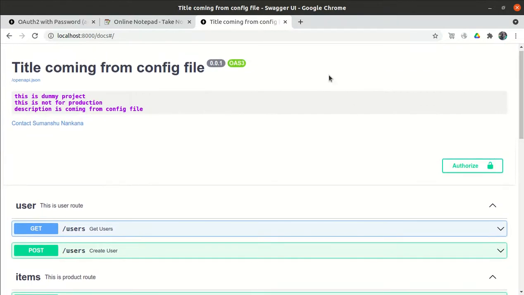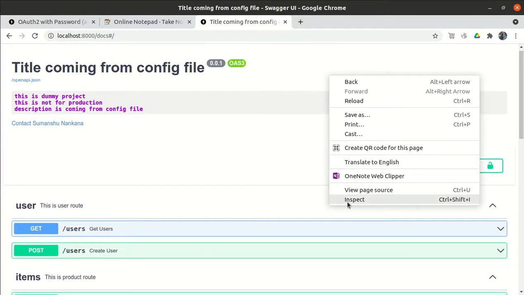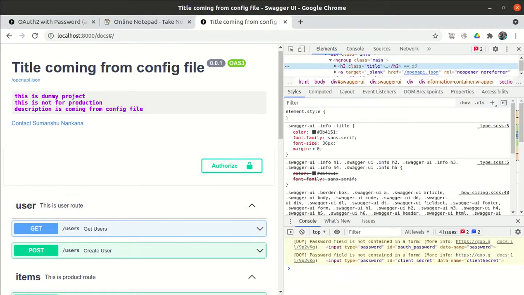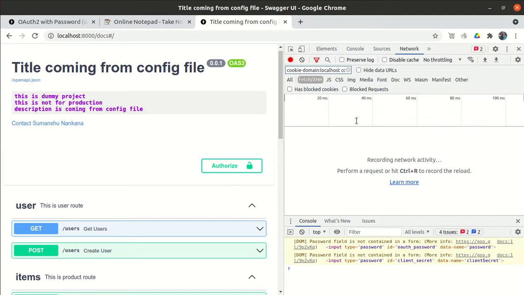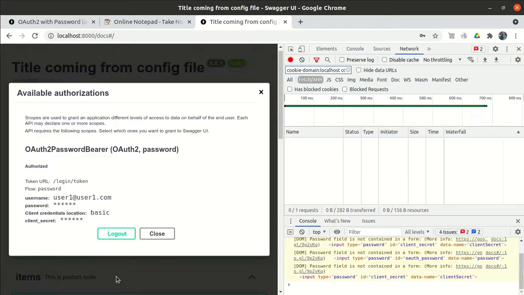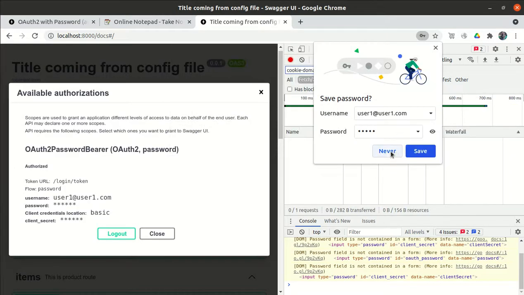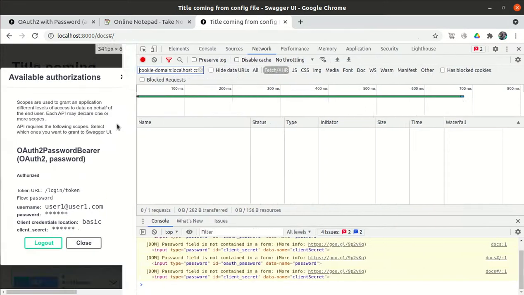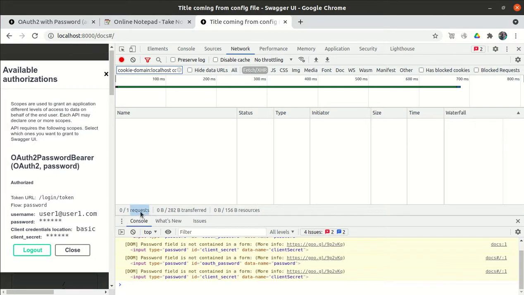So if I right click on it and do inspect, and go to the network, right now I don't have anything. So let me click on the authorize, user1, user1.com, user1. So I click on the authorize. One request has been triggered, but it is not showing which request has been triggered. Ideally it should show it.